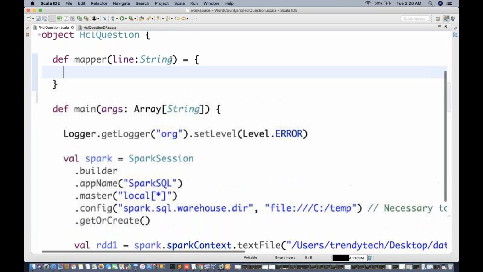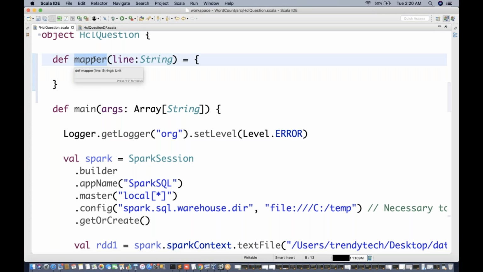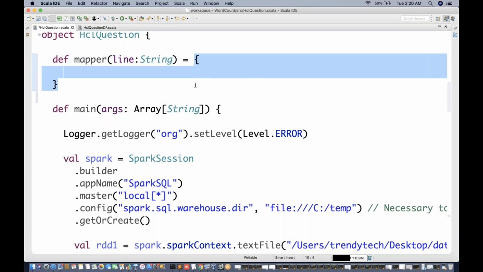So what does this say? Mapper is a function which takes one line as input, and then finally there is the body.